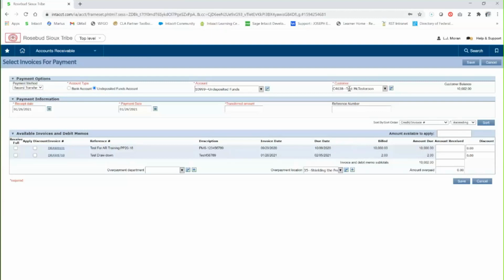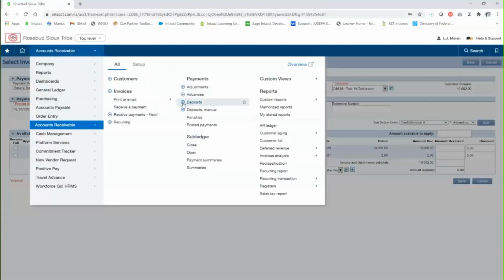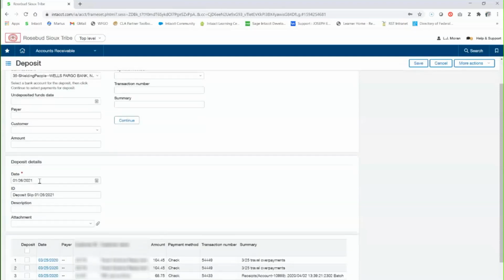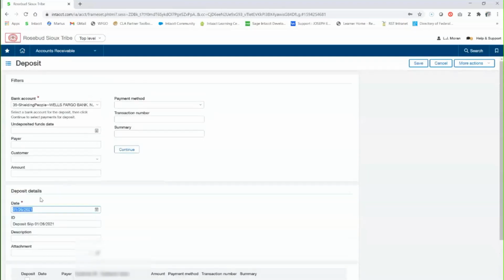They actually go into Intacct to add a deposit to whatever bank account they're using, and then manually create the deposit themselves, including choosing the day that the deposit will be recognized going to the bank. So a lot of our programs take on some pretty good responsibility on not only receiving the money, creating those invoices and balancing them, but they're also responsible for making sure the date they use matches what activity actually occurs